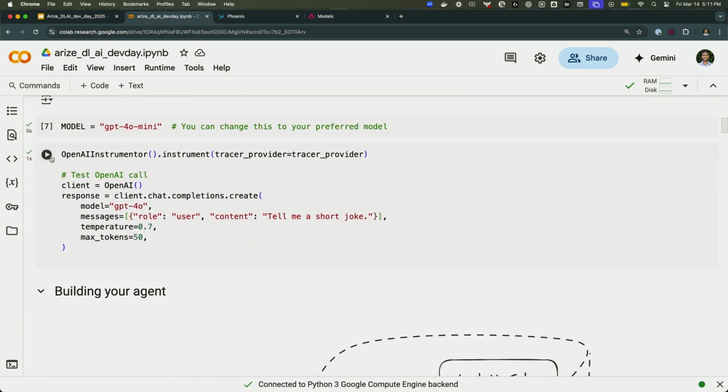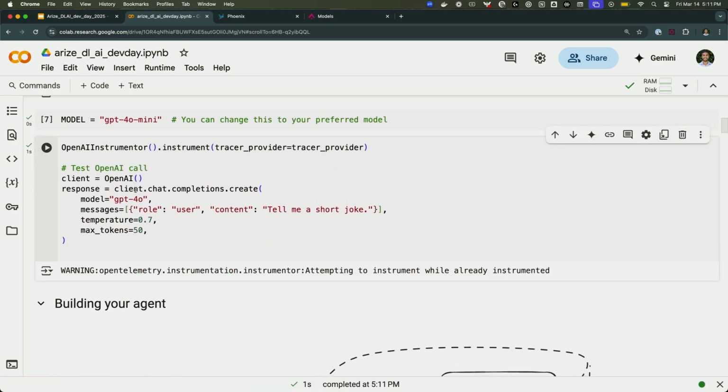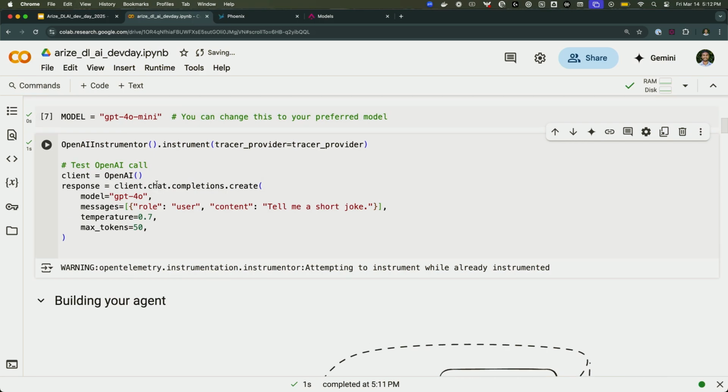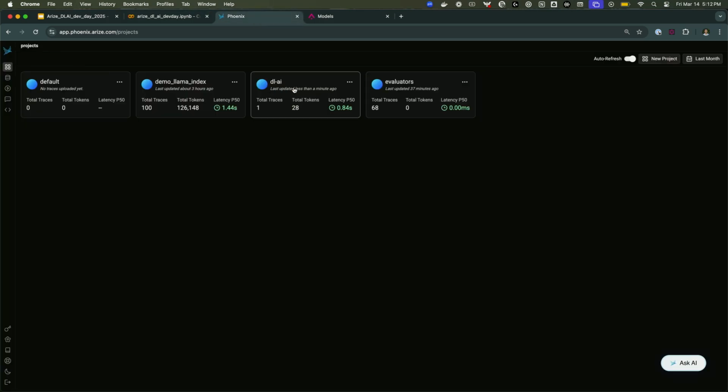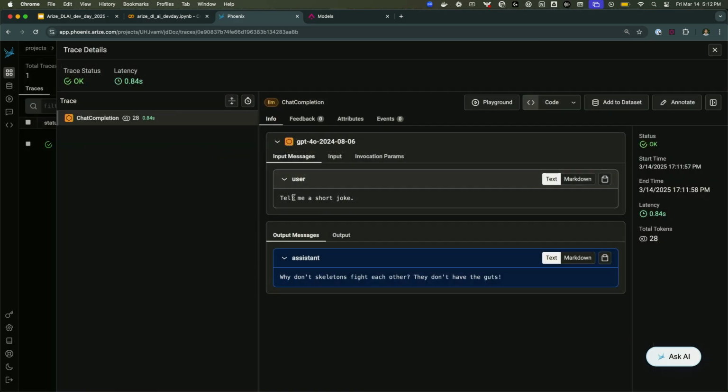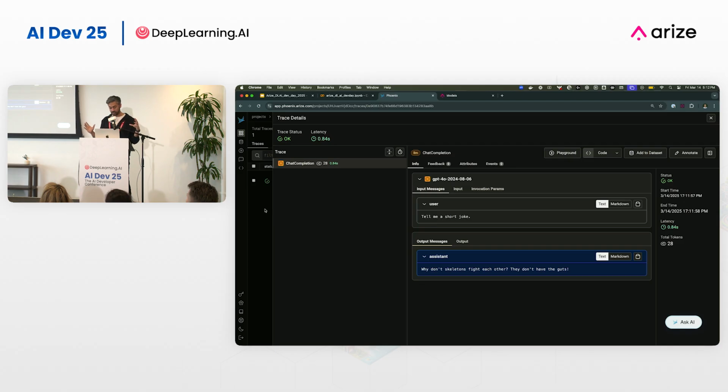Define your model. You might want to test it here. Maybe we'll just run a test call. See if this works. Okay, great. So what I just did was I tested a quick chat completion here. Tell me a short joke. And you can see that that actually appears in my Phoenix project here. So I can go in and click this and see the same input I just provided. Tell me a short joke, with the, not a very good joke, honestly. Maybe we should eval for humor. So this is what the Phoenix UI looks like. So it's good to get familiar with input, output, and then what are some of the things you might see, like token information, latency, and then other timing information as well.